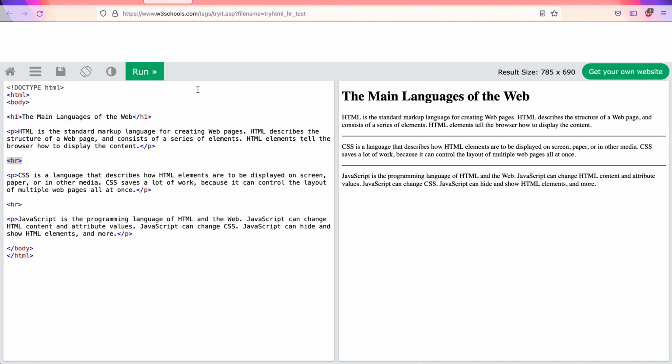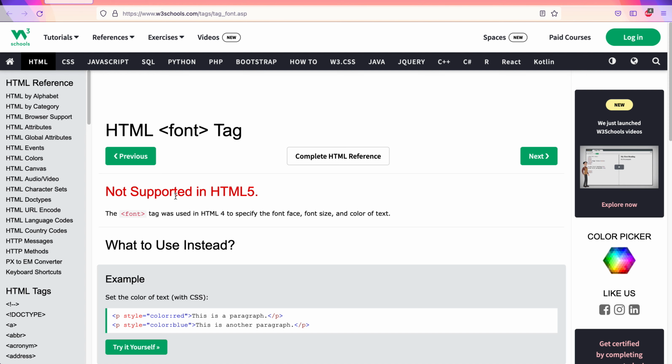If ever there is no specification of any specific font that is required to be used in the HTML, then the clients are allowed to make a choice of their own fonts for rendering on the screen. However, there is a tag called the font tag that we can use to say this particular paragraph should be rendered in this font. Let's see. That's the font tag.